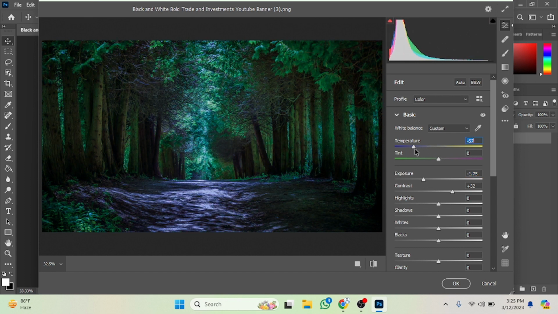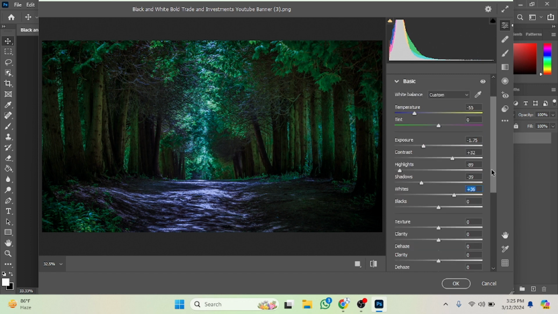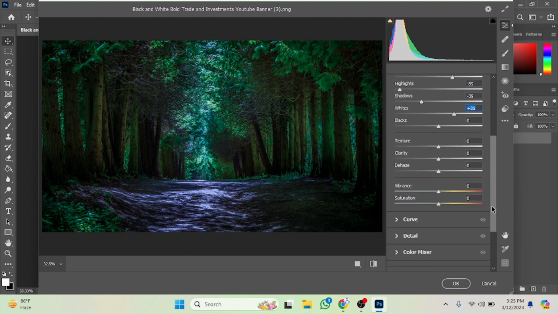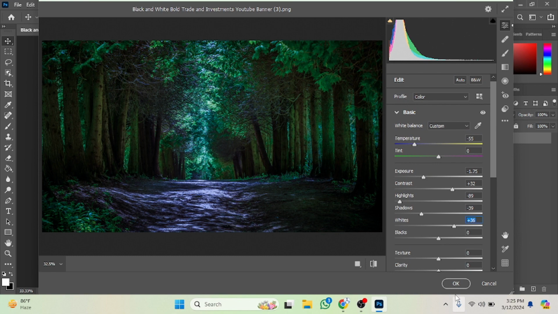And this way, if you want to decrease it, you can do it like this one, and the highlights are there. If you want to increase, you can also do that, or decrease, it's up to you. And the whites and all the other things are provided here. You just have to adjust them as per your need, and after that you simply hit the OK